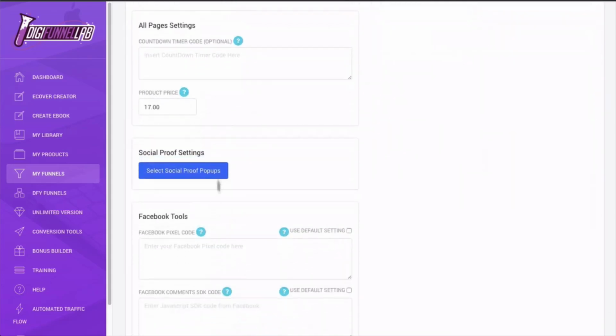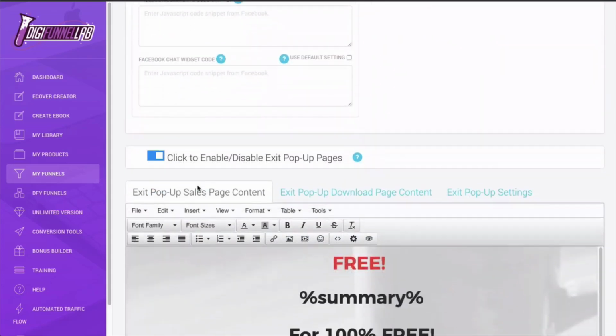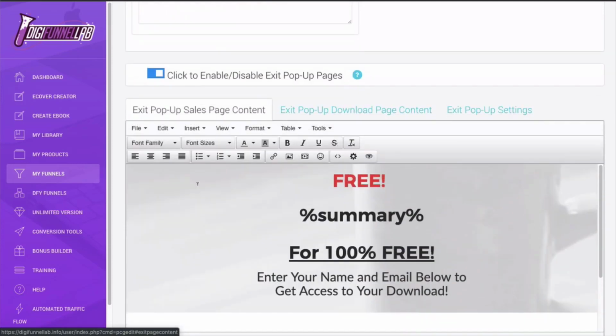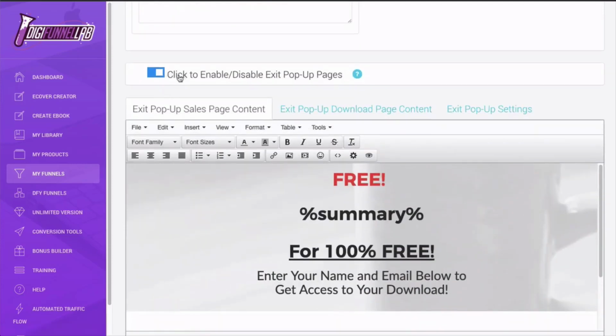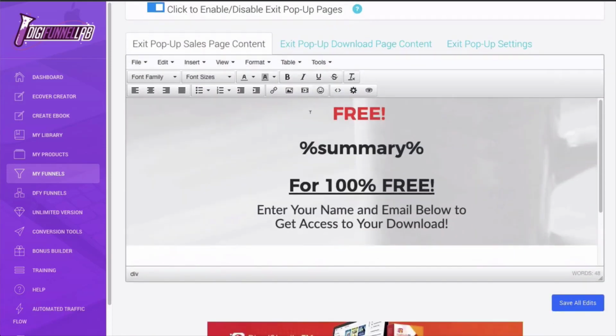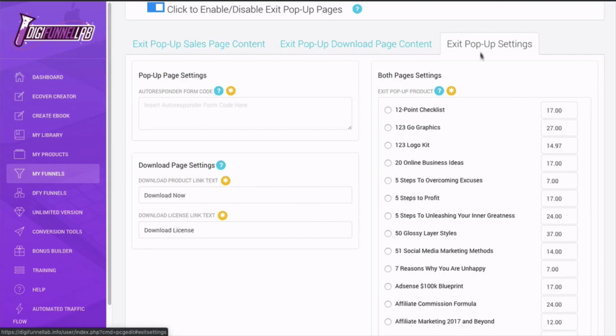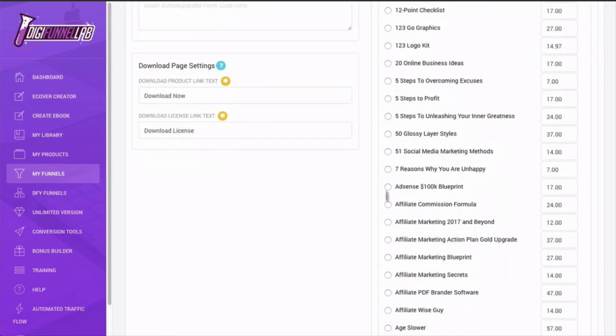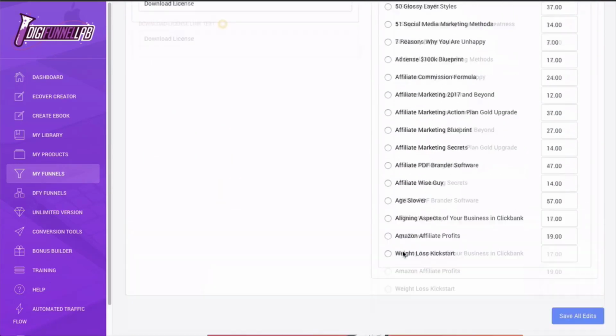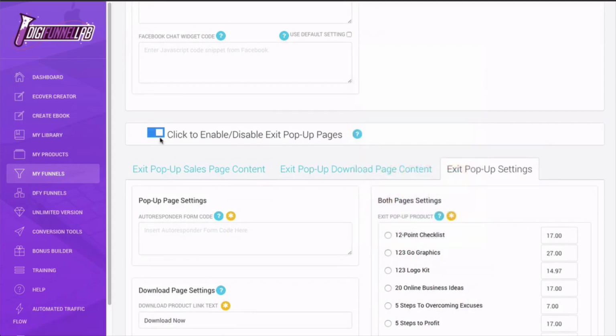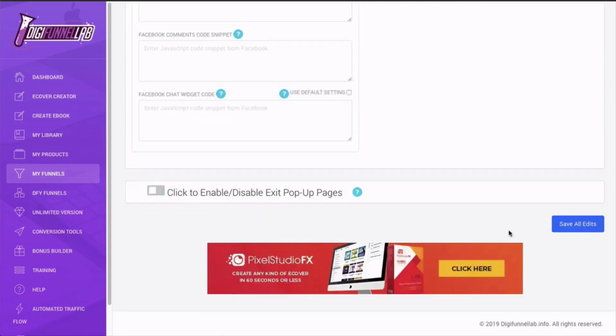Again, these are the upgrades, but what we do have here at the bottom is an exit pop. So if someone decides to leave, you can have an exit pop that will appear as they decide to leave the page, and it will basically promote something else. So you can go through here and select something if there's something that you want here, or alternatively you can just switch it off. That's what I'm going to do. So I'm just going to click Save All Edits,